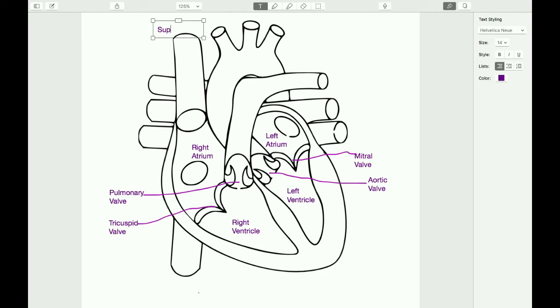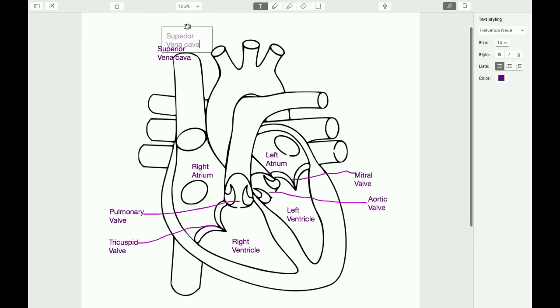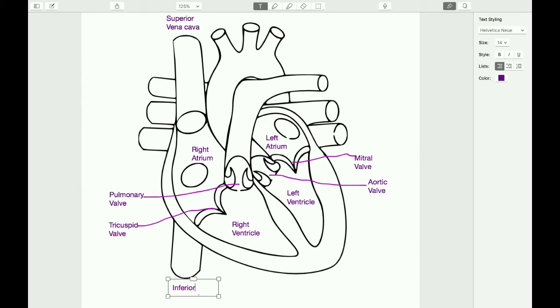There are 4 major blood vessels. The vena cava are veins that return deoxygenated blood into the right atrium. The pulmonary artery takes blood to the lungs